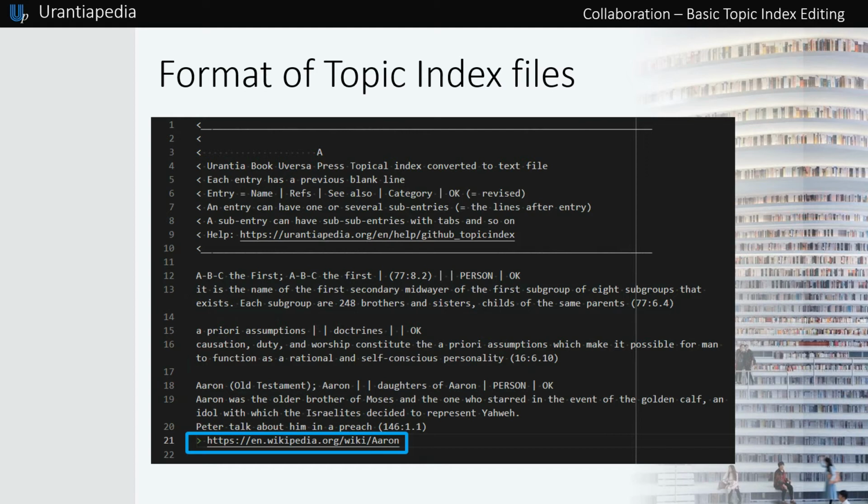Finally, we can have some optional lines at the end of the topics. These lines start with a greater-than symbol. These will be links to other web pages, for example Wikipedia, and will appear on Urantiapedia in an external links section.